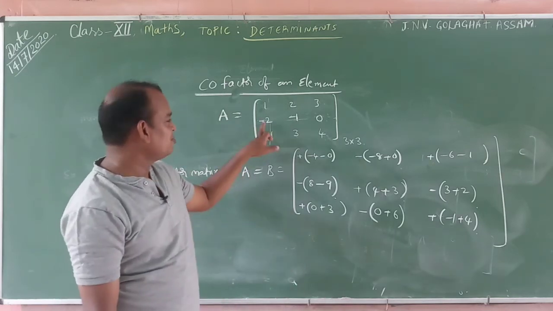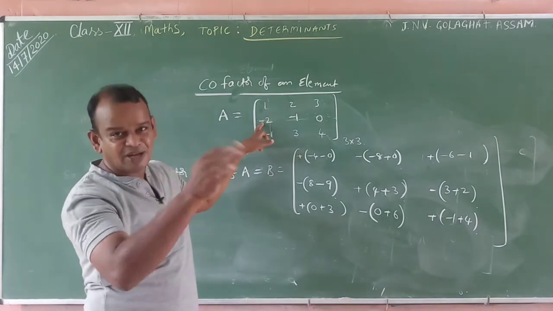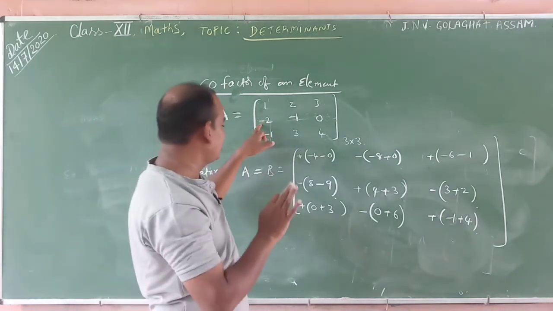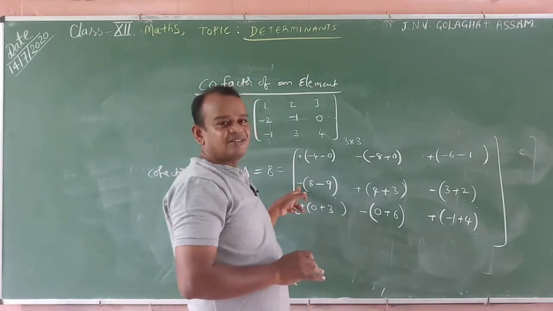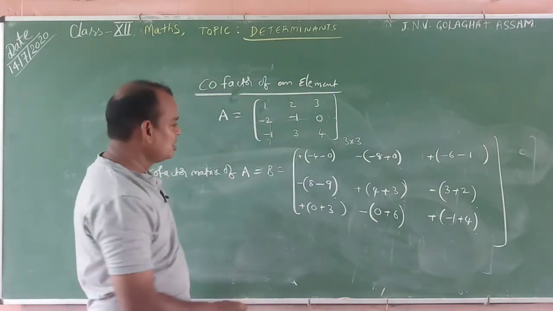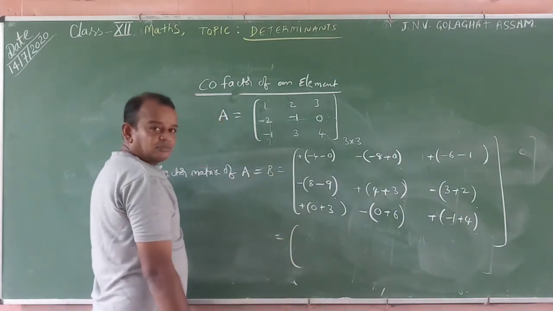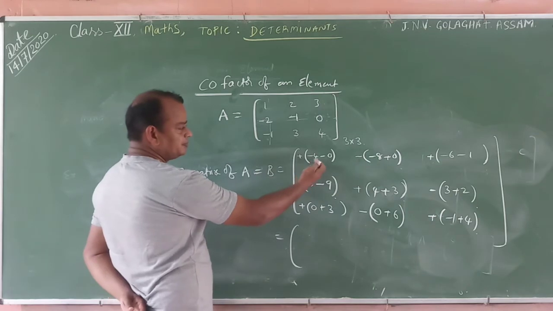Okay, don't write this symbol. You write the minor of the minus 2, which means you leave the total value minus 2. Okay, here minus is there. You cannot put the minus. You write the minor of minus 2, which means process. What is the process? This is the process. Now calculate this one. Calculate this one.